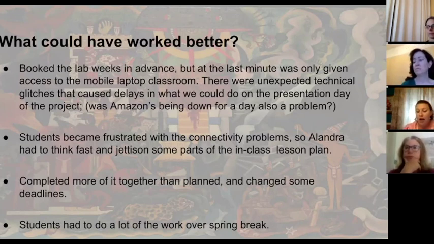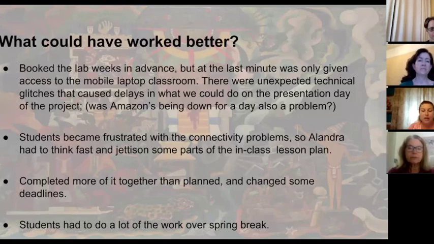And then I assigned a lot of it over spring break. And that was just because the timing of our LGTC course didn't align with my course. So it just so happened to be that if we wanted to get it finished in time for the LGTC course to finish, we had to do it over spring break. It turned out okay. I have a really great group of students, so it was all right.